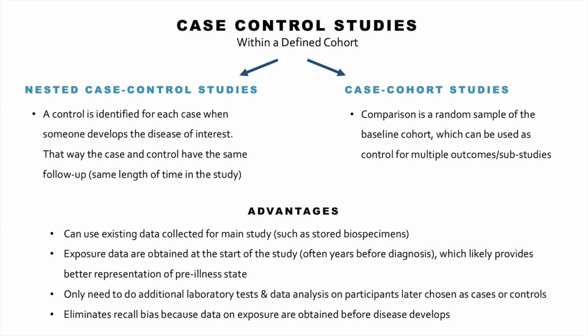Another efficiency benefit is that you only need to do the additional testing on the people in the bigger study who later get chosen to be either cases or controls. For example, if the big study has 100,000 people in it, but you have 1,000 people in your smaller nested case control study, you only need to test the blood or whatever it is of those 1,000 people, not everybody